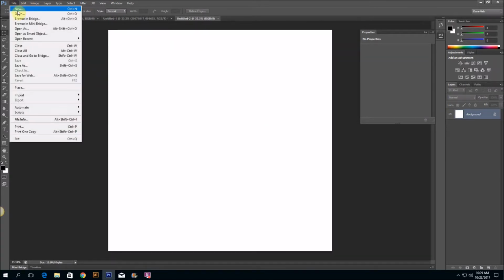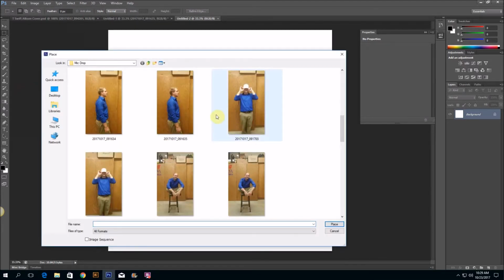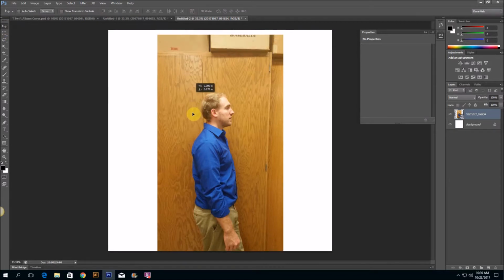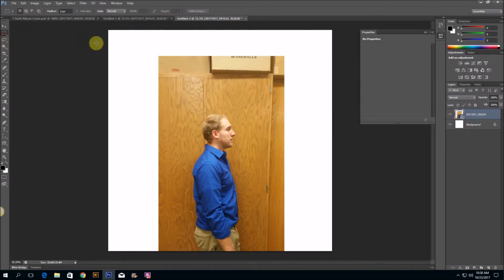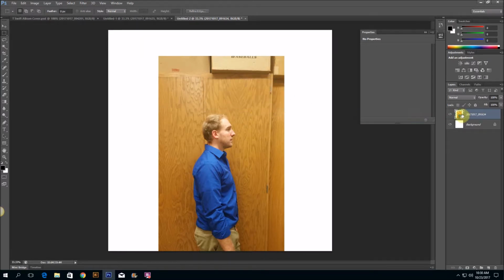And then file place is where you get your images. So I took a few here. They look kind of goofy and whatnot, but it's all about your skill and how you can clean them up. So I'm going to hit enter once I place that in there, and then over here I'm going to right click, go to rasterize layer. If I don't, I'll go here and just try to delete this stuff, and it'll tell me it can't because it's not editable. So right click over here, rasterize layer,